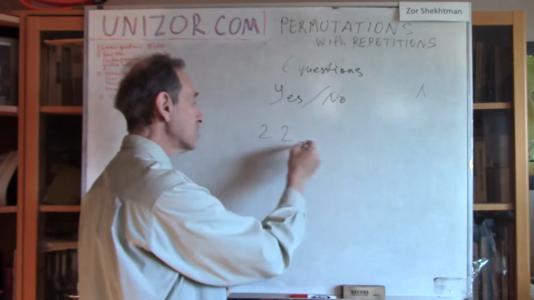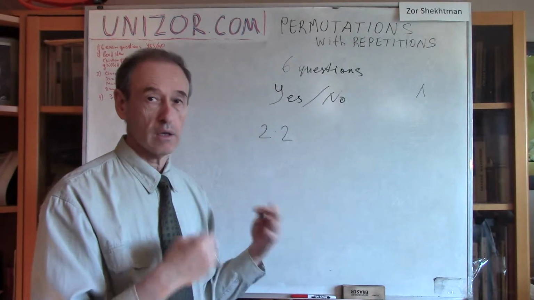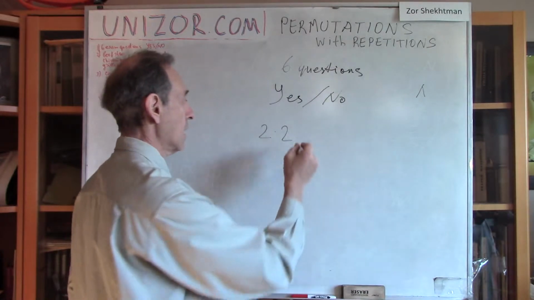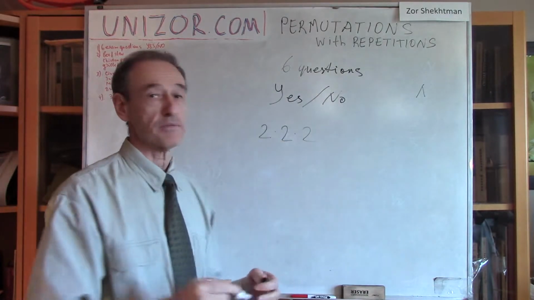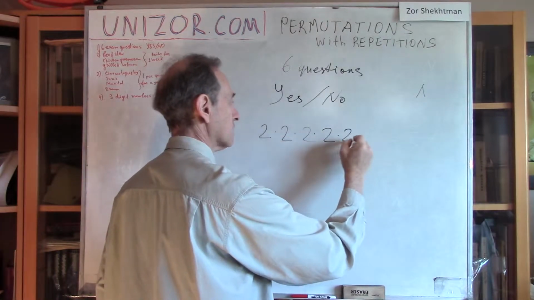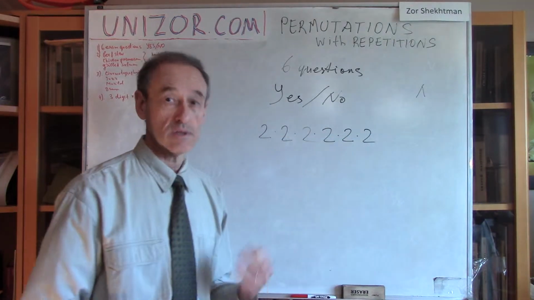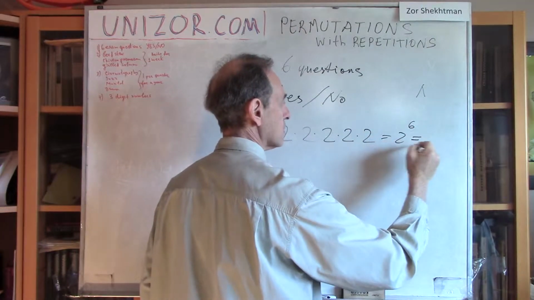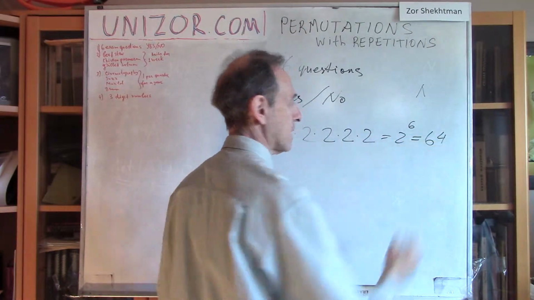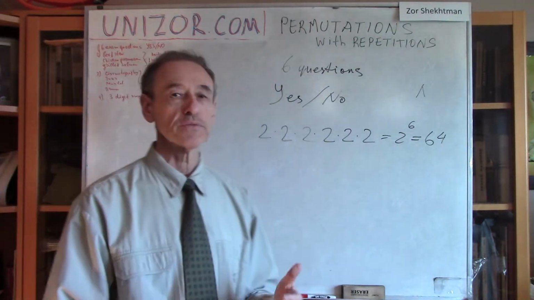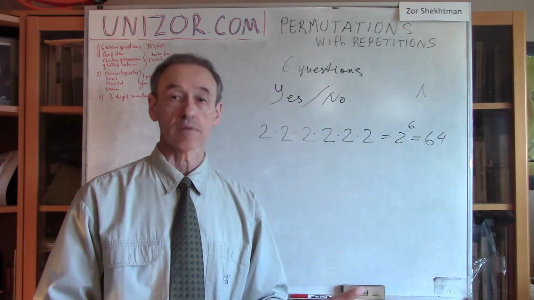And with each of these 4 answers to my first 2 questions, I have 2 different versions of the third question, and to the 4th, and to the 5th, and to the 6th. So that's the result. And obviously I have 2 to the 6th degree, which is 64. That's the answer. So I have 64 different combinations of the answers